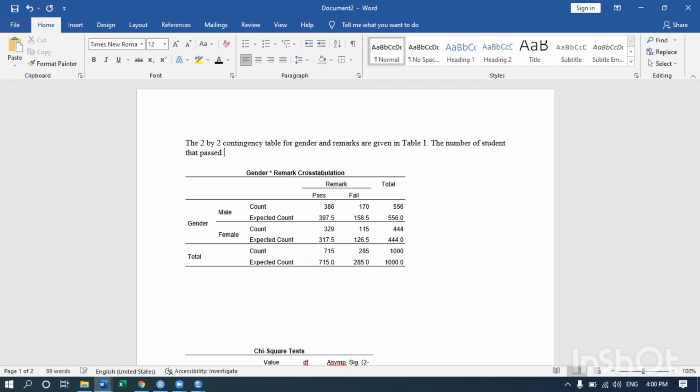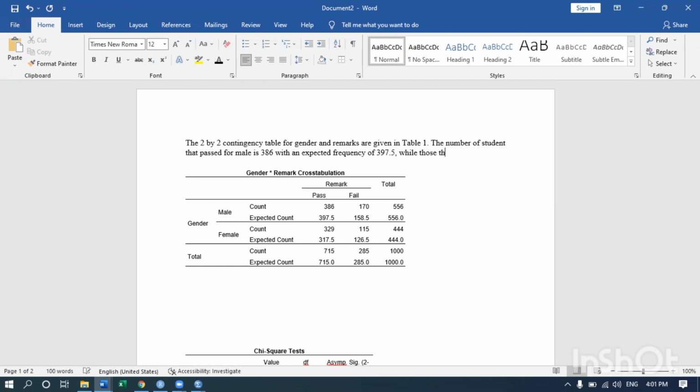Okay, that passed for male is 386 with an expected frequency of 397.5, while